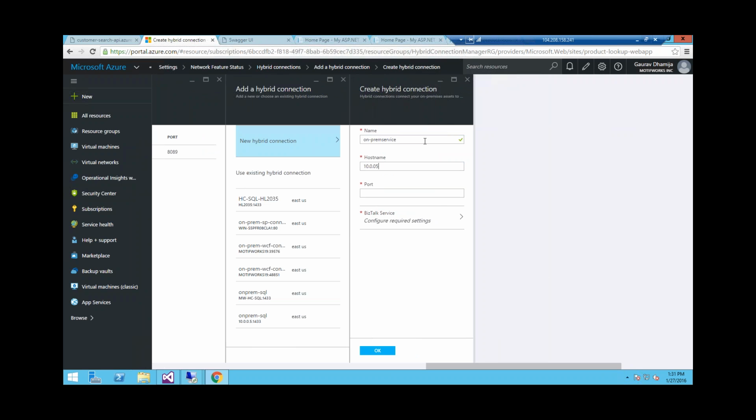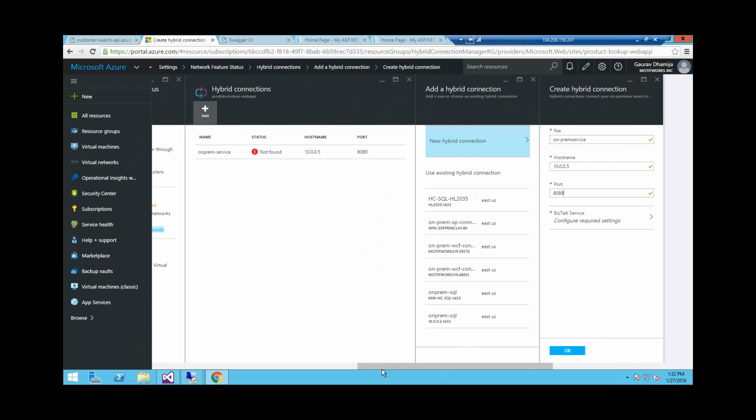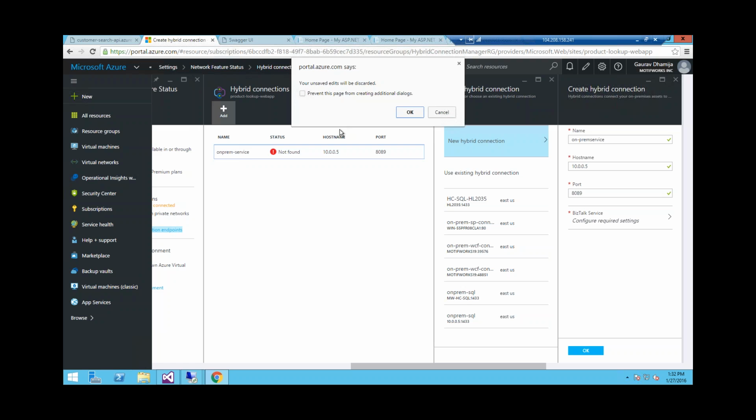We use the internal address, and then we mention the port number that we want to connect to. And again, it's part of the desktop service, so if you don't have an instance of it, we need to have it. Once we have created the cloud endpoint, then we need to set up the on-premise